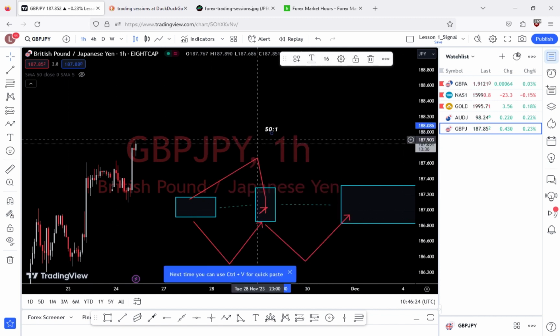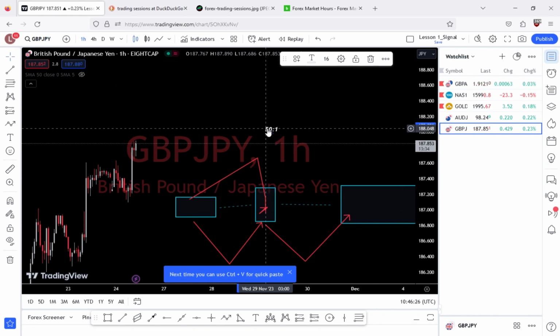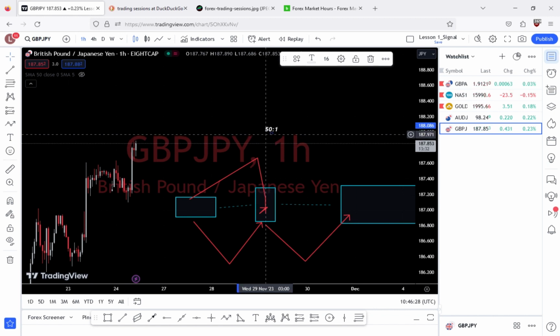leverage. A 50 to 1 leverage means that when you're trading, for example, $1,000, the broker will give you access to $50,000. So you're trading as if you have $50,000. This goes back to, if you're making money, you'll make a lot, and if you're losing, you will lose. While leverage can increase your potential profits, it also increases your risk. So it is important to understand how it works and use it responsibly.